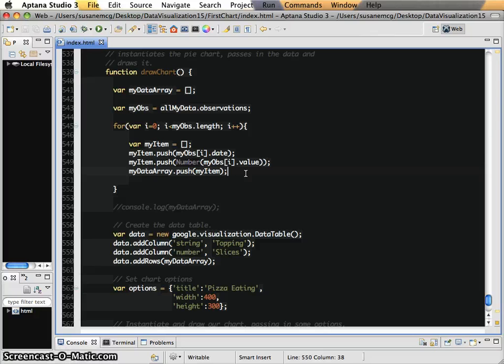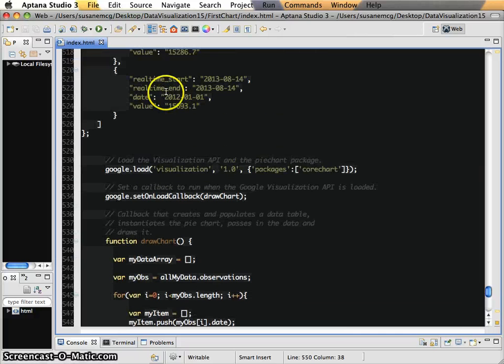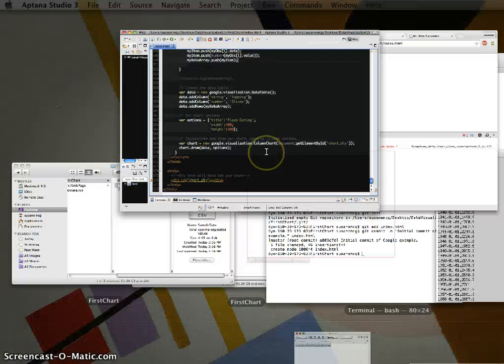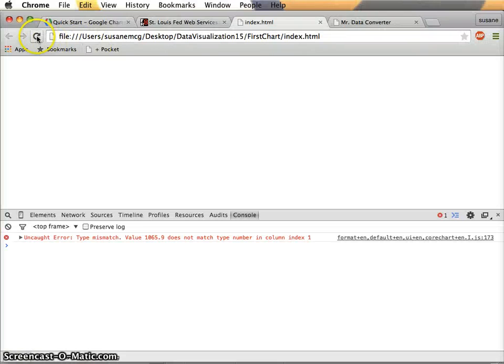And when I say number and I put something in round parentheses, basically what I'm doing is saying to a built-in recipe in JavaScript, take this string that right now is a string, but I know it has number data in it, I know it has digits in it, take that and convert it from a string to a number. And in doing so, I make the data type of this, which is a string, actually into a number so that it matches the data type here. And now hopefully if I reload this page,